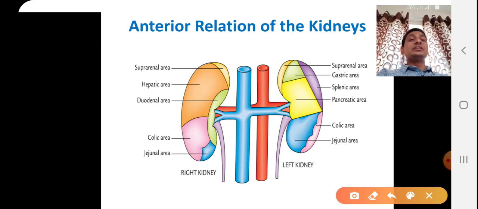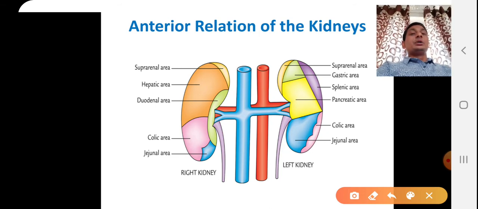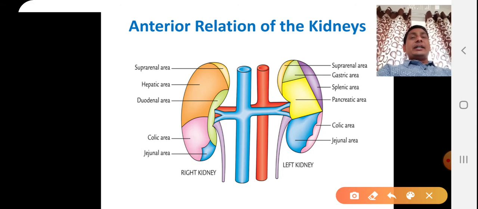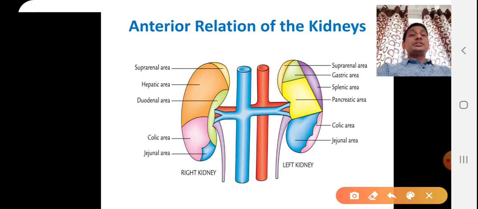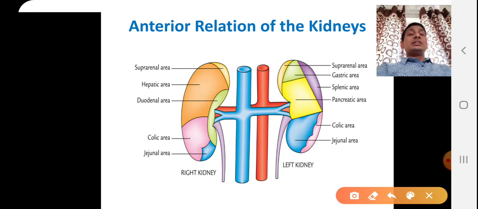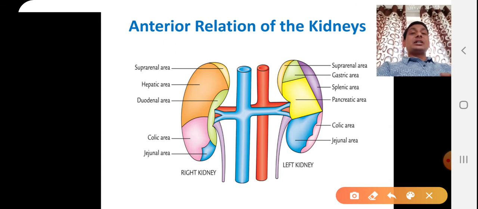The anterior surface is irregular and the posterior surface is flat. To identify the anterior and posterior surface, and also to identify which is the right kidney and left kidney, you must know the sequence of structures entering into the hilum. From anterior to posterior, the structures in the hilum are the renal vein, renal artery, and exactly posterior, the renal pelvis.